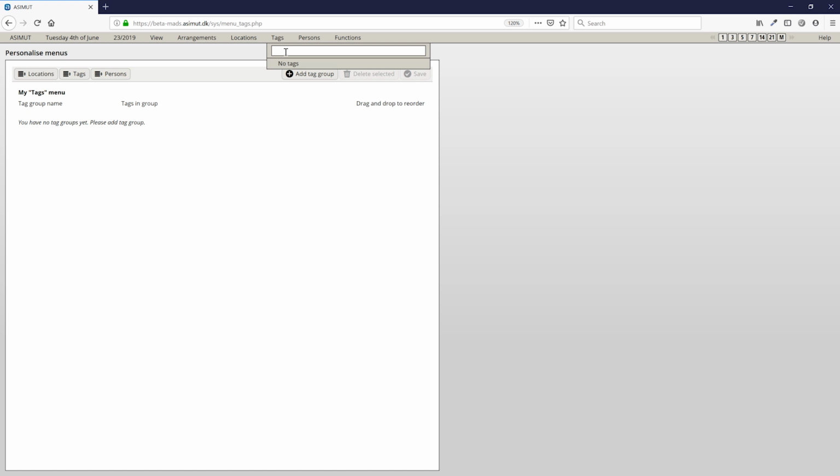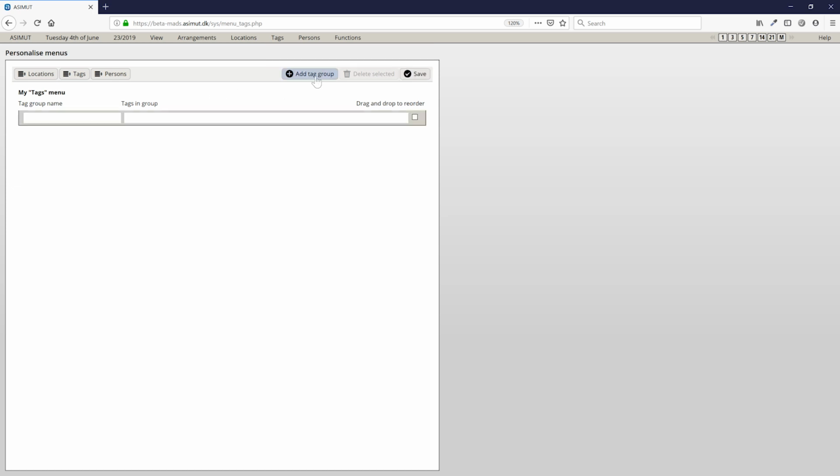You used to have to enter the tags manually one at a time, but now I can actually define tag groups. So I click on Add Tag Group, and I create one called Music, and then I can add my tags: Bachelor of Music Year 1, Bachelor of Music Year 2, Bachelor of Music Year 3, and maybe I'll add some Master Music,